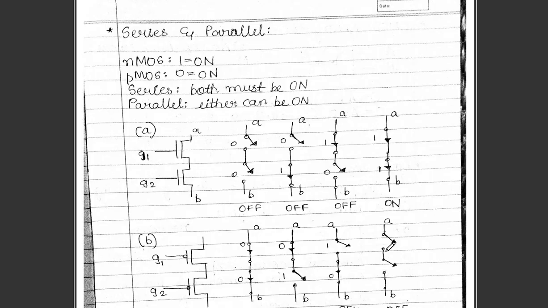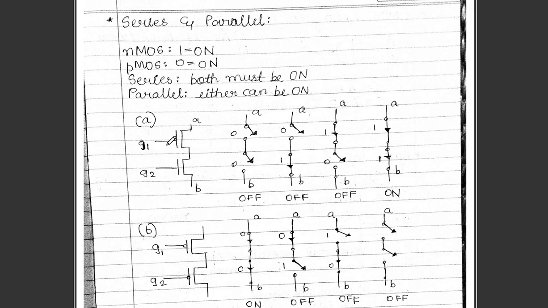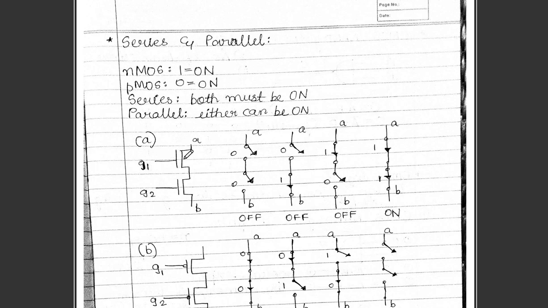Next we'll discuss the functioning of NMOS and PMOS when connected in series and parallel. Here you can see NMOS connected in series. When two NMOS are connected in series, we have to check the conditions by considering A and B as values 0 and 1. There will be 4 different combinations when A and B are considered. That is, when two variables are taken, 4 different states are possible: 0 0, 0 1, 1 0 and 1 1.